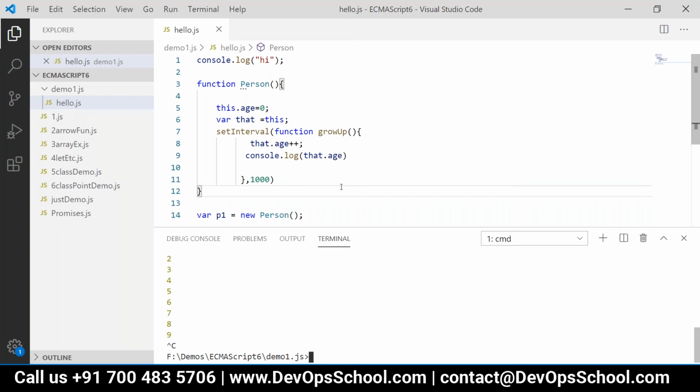Right? So we need to be very careful when we are using this. And another issue with JavaScript could be, we don't get any errors. Means whatever output we expect, unless and until we run the code, we don't know what is happening or whether it is correct or wrong. Right?